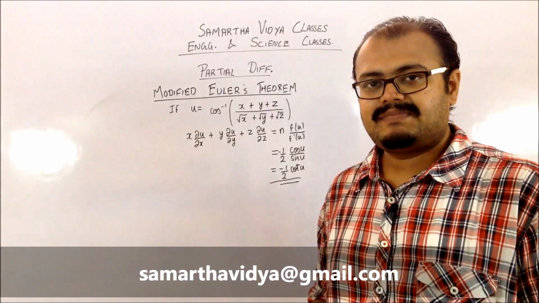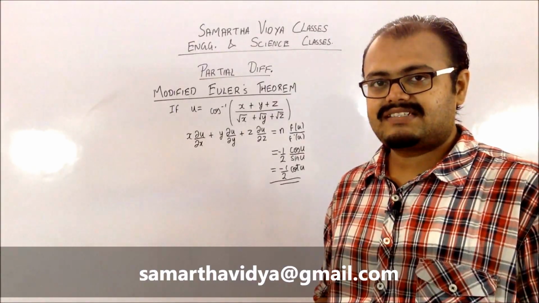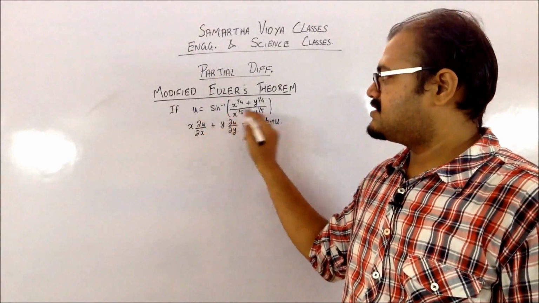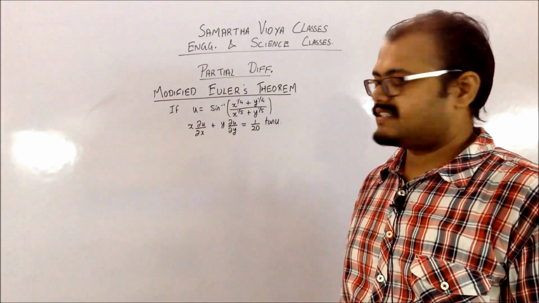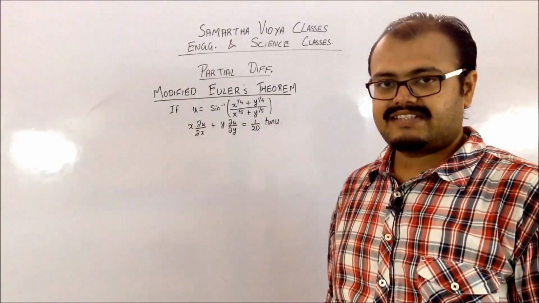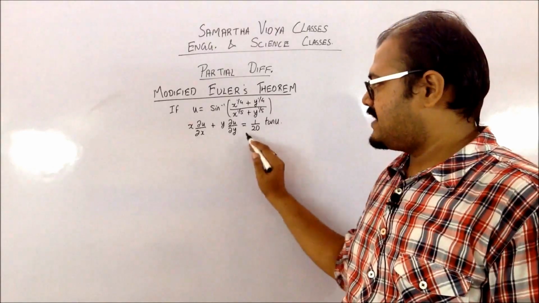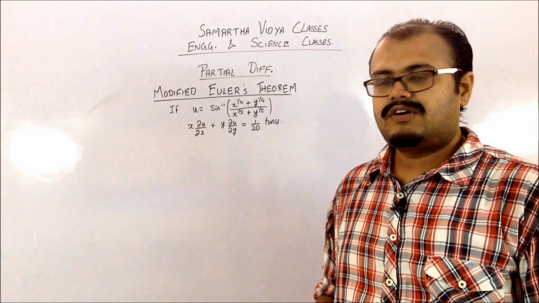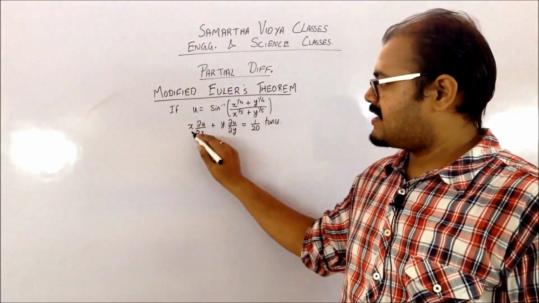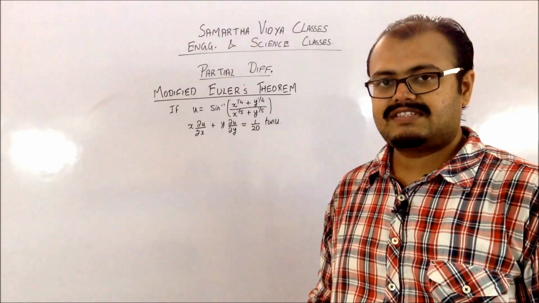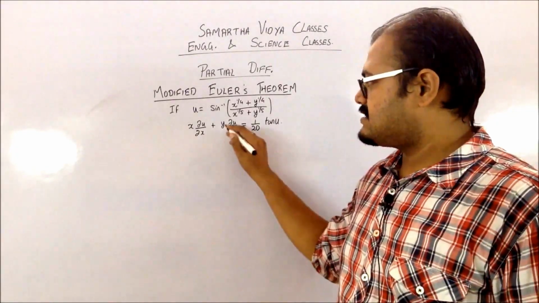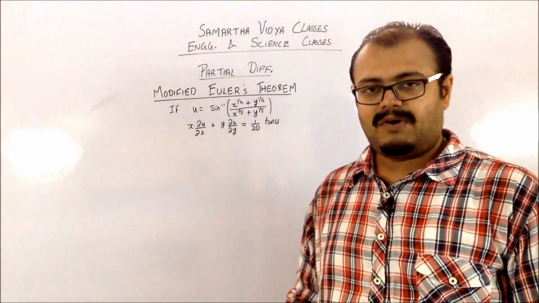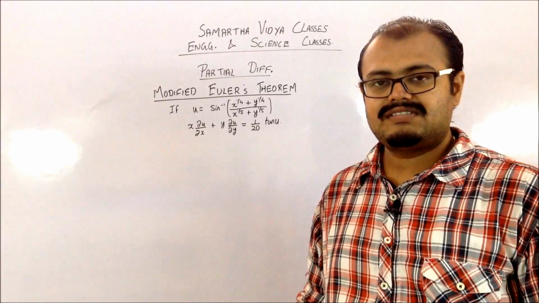Let us take one more example to get this idea pretty much clear. Okay, so let us take this particular example which is given to me, wherein you have u is equal to sine inverse of this particular thing, which is basically a function of x and y. And I have to prove this particular equation. So what you can see is that it is the product of x into the derivative of u with respect to the same variable plus y into the derivative with respect to y. So basically this type of sums mostly comes under Euler's theorem.